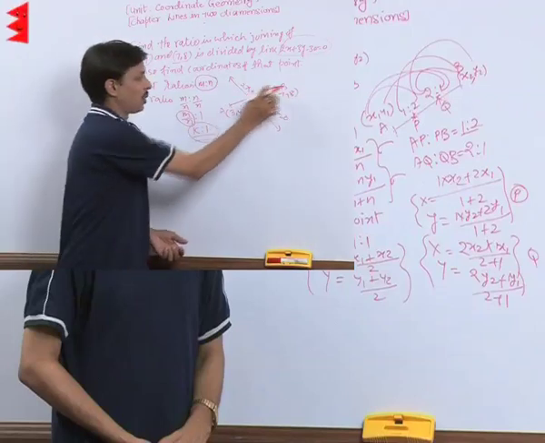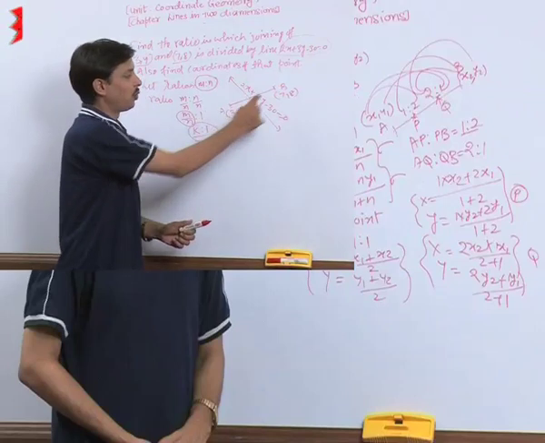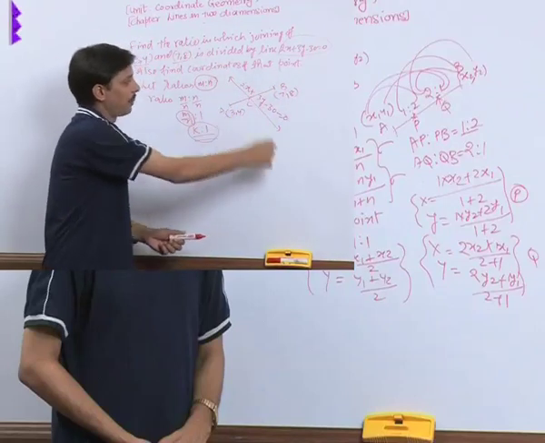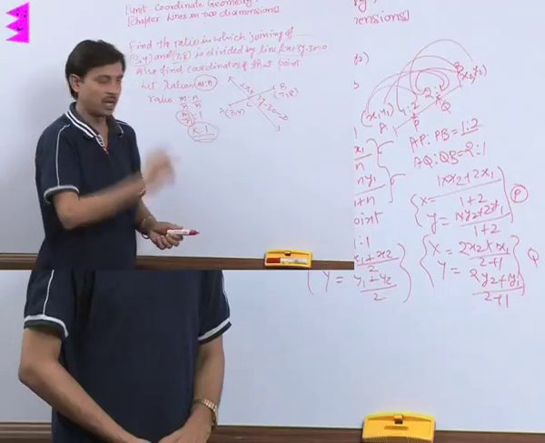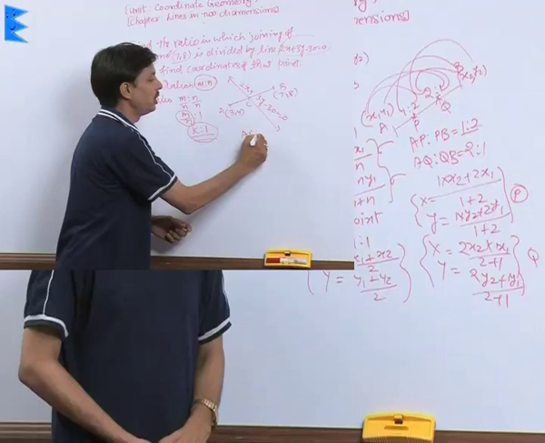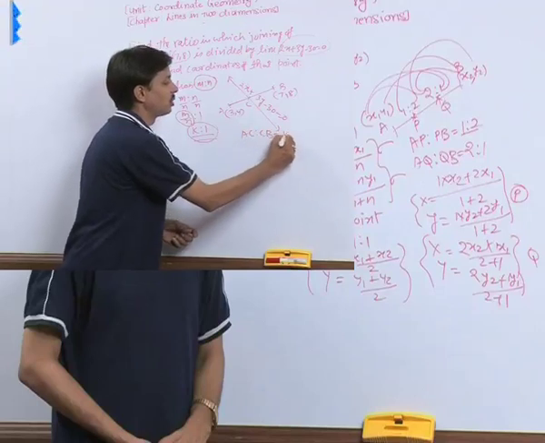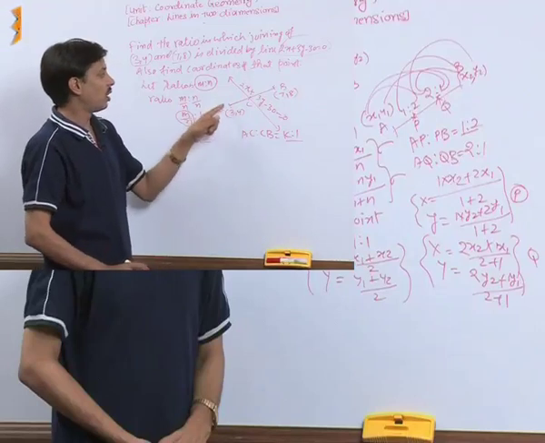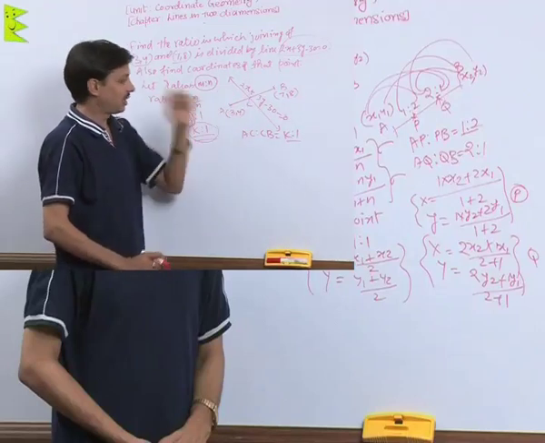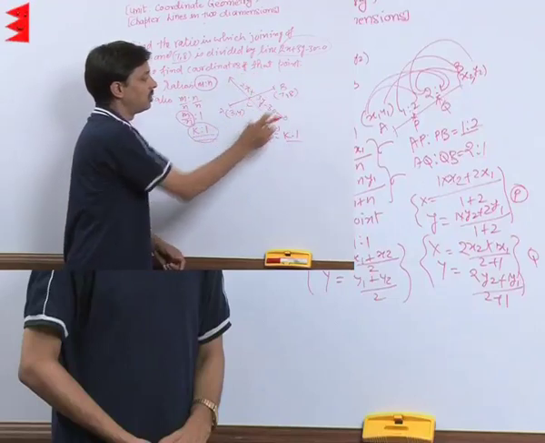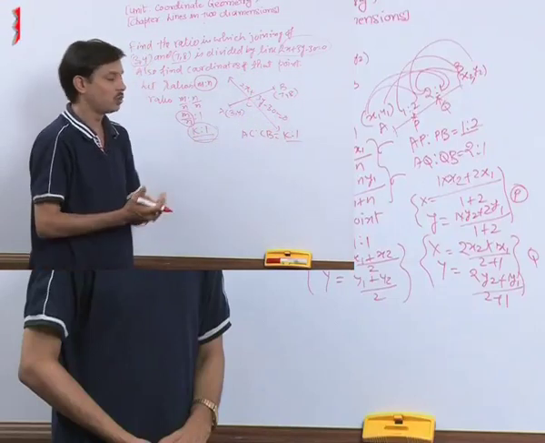So understand the problem. Point A is 3, 4, point B is 7, 8. This joining of AB is separated by the line at point C, and I have assumed that AC to CB is k:1. So the joining of AB at C is separated by the line 2x plus 3y minus 30 is equal to 0 in the ratio of k:1.